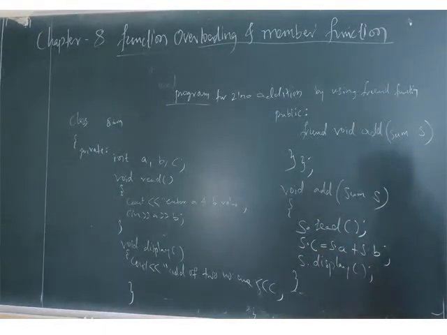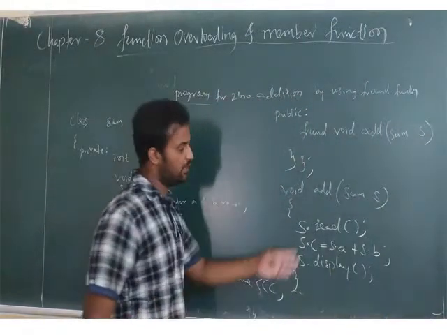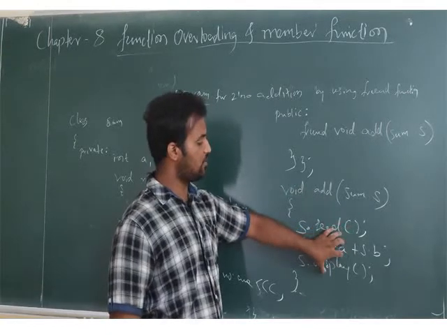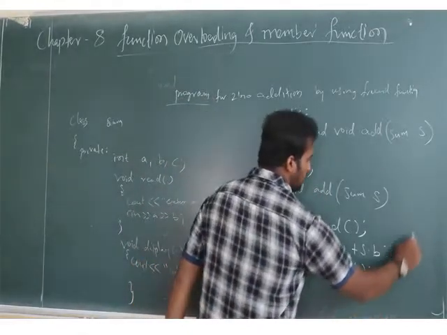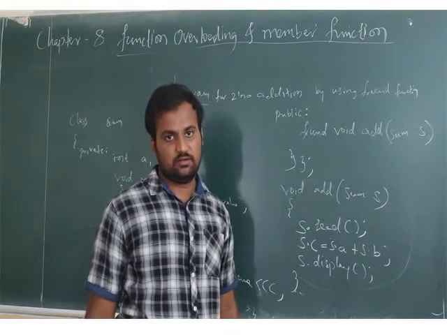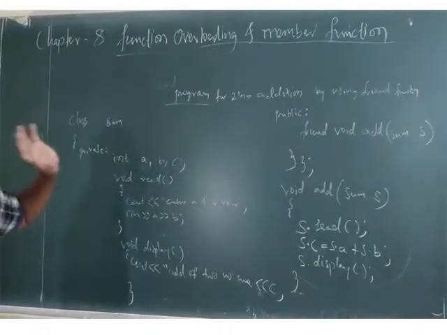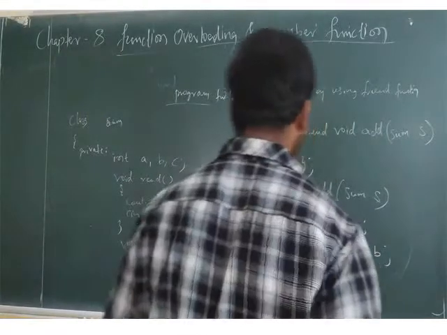Simple. Now we write void main. So how does void main work? Why do we have to write it? We have to execute this add. Here, what is happening? Just reading, calculating, displaying. But this whole function should be displayed on the screen now. Or else how is it going to work? That's why, having just finished writing the class, not void main. Whenever we write a class, compulsorily we have to write void main.